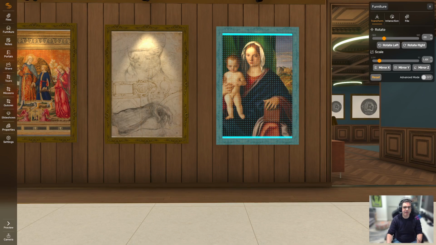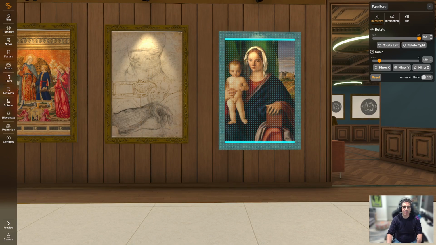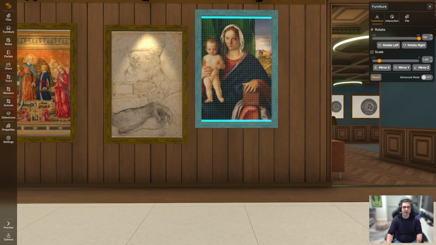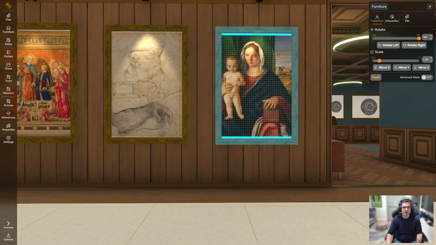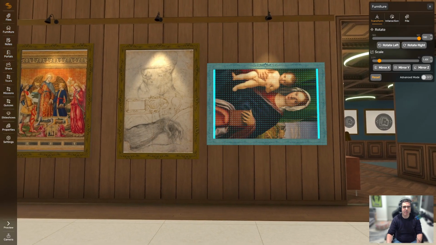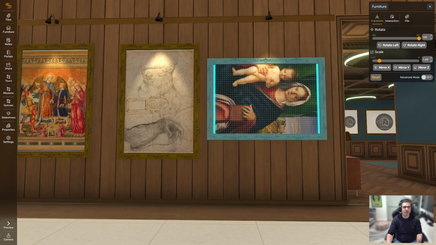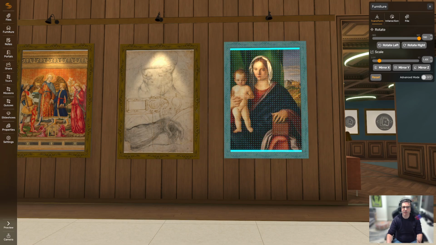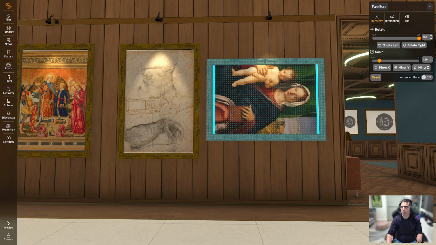Now that I've selected an object like this in the room, there's a couple things I can do. I can simply click and drag and move it around. So you can use this for arrangement and changing where you want the frame to go. It will automatically attempt to snap itself to different areas. And as you can see, once I took it off the wall, it reverted back to a landscape orientation. But if you want to keep it in portrait, you can use this transform menu here and these quick rotate buttons to set up the